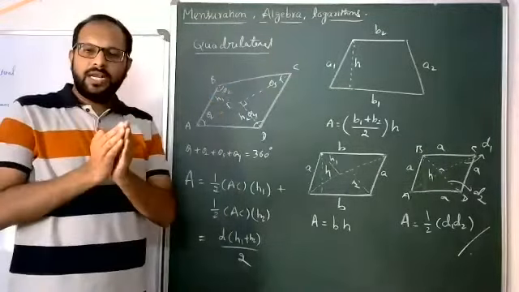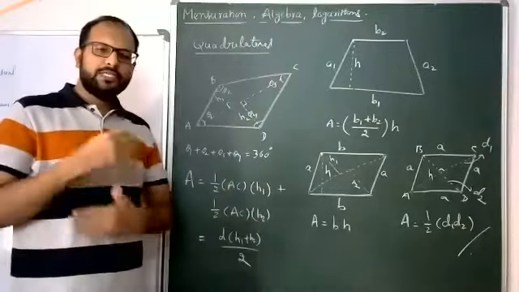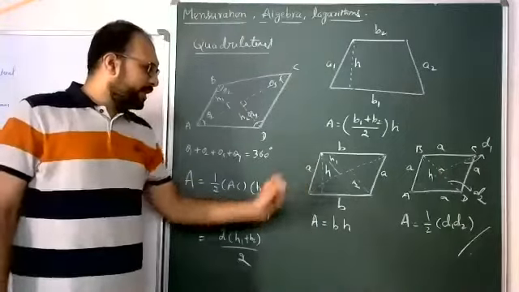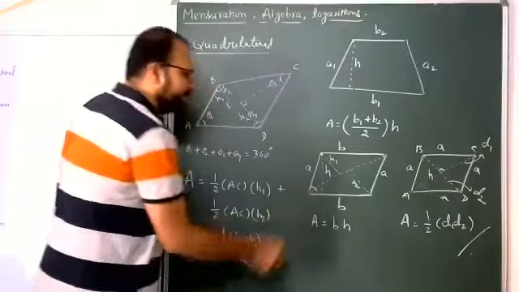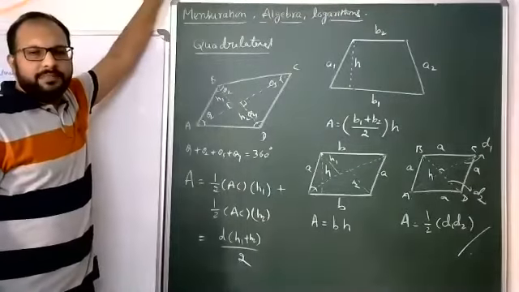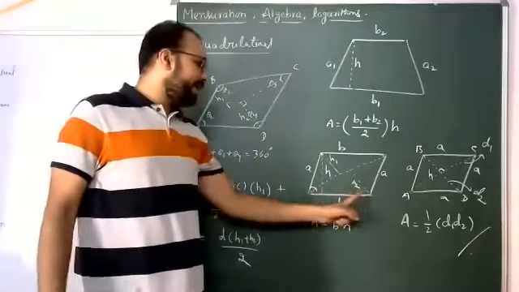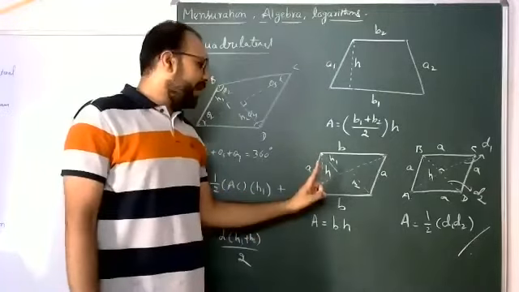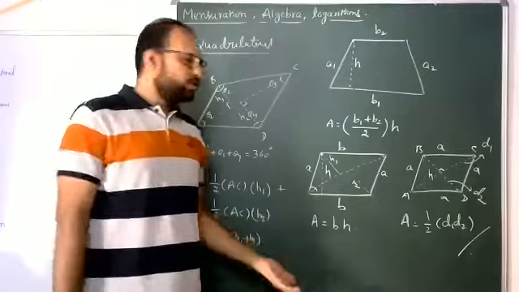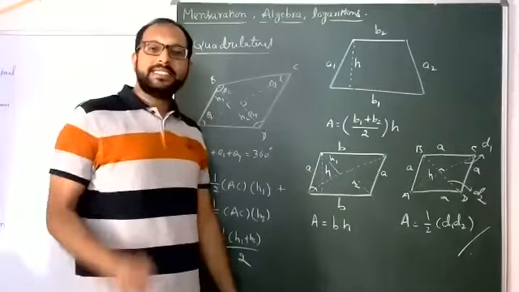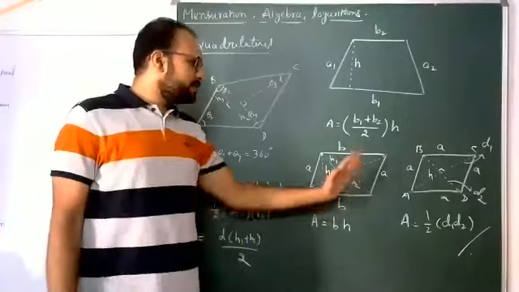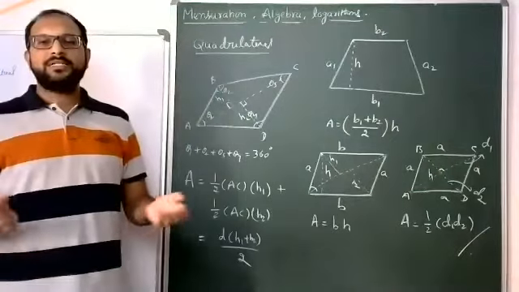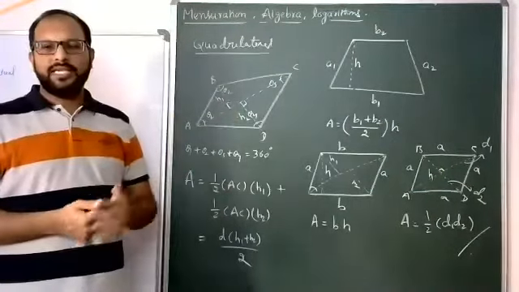This is just a revision only. That's why all students already know, but please remind one more time. In this parallelogram, the angle is not 90 degrees. Suppose here the angle is 90, here 90, here 90, here 90. This is nothing but a rectangle. At that time, H is nothing but A only. So that area is nothing but A into B. But that is a rectangle. Similarly, here also, suppose all angles are 90, then that is a square. That area is small a square.